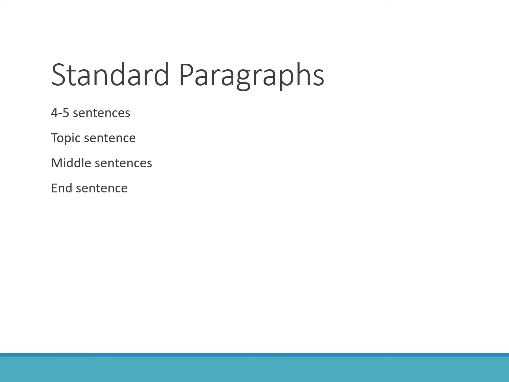So next we're going to talk about what makes for a good paragraph. A paragraph should be about 4 to 5 sentences. A paragraph should definitely not be longer than 1 page. So make sure that you are taking a look at your writing. And if you have 1 page of full text and don't have any paragraph breaks in there, you need to be thinking about where and how can I break this up.